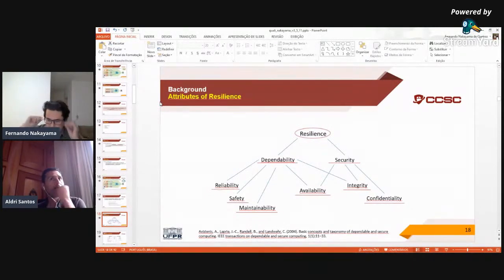Well, Professor, initially, I agree with you. Maybe I should have provided the concept of resilience in the earlier slides. And of course, resilience is the basis for this work, because what we are trying to achieve is the persistence of the services delivery. That is what we are trying to achieve with our work, and resilience is the basis for that. So I agree with you that it should have been exploited a little sooner.